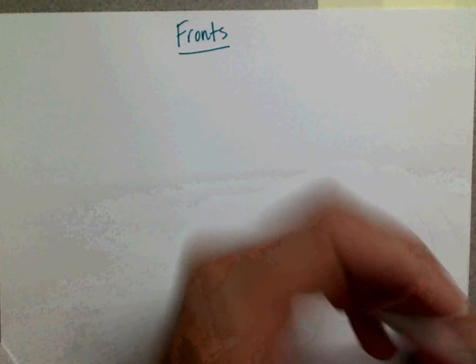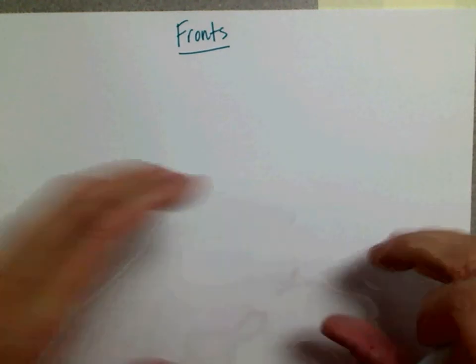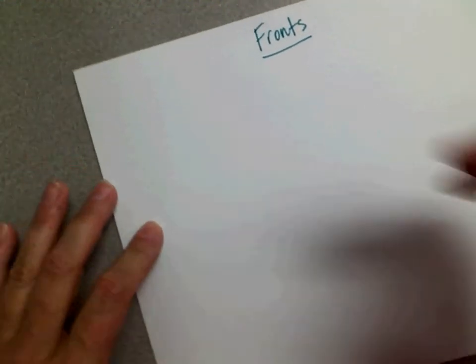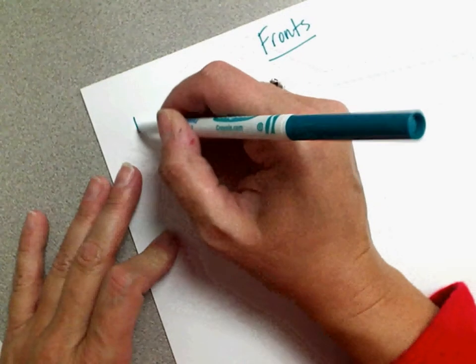So, what we did was we did a play and we showed all the things that could happen during a cold front and a warm front. And remember, we have two types of fronts, okay? And what a front is, or actually what happens in a front,